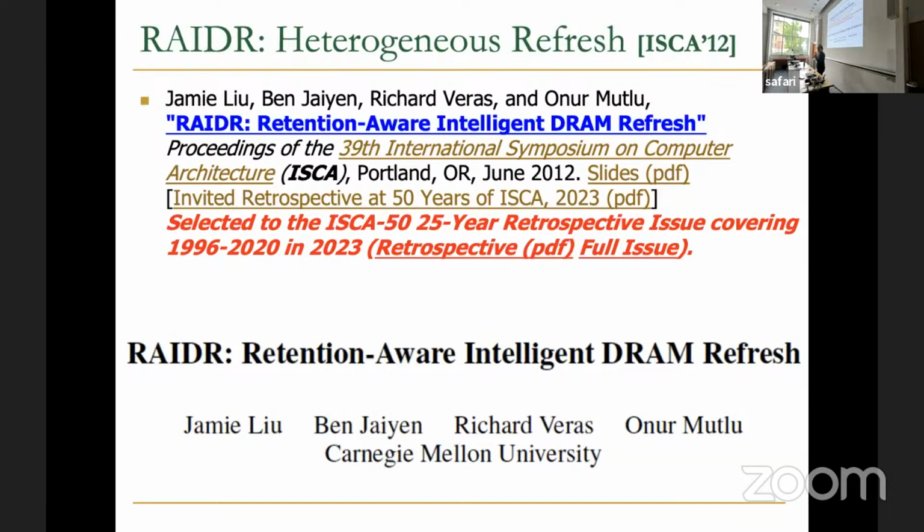This is the paper that we published in 2012 that basically assumed that that profiling is done. If that profiling is done, this is what you would get. And you can see that people are very interested in this paper because they selected it for a special issue of like 25 years of ISCA, as you can see, last year. And I still like this paper. A paper doesn't need to solve every issue that's out there. As long as it brings about some new idea and it provides some new insight, it can actually enable a